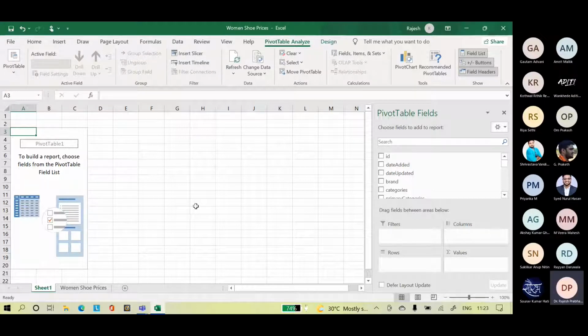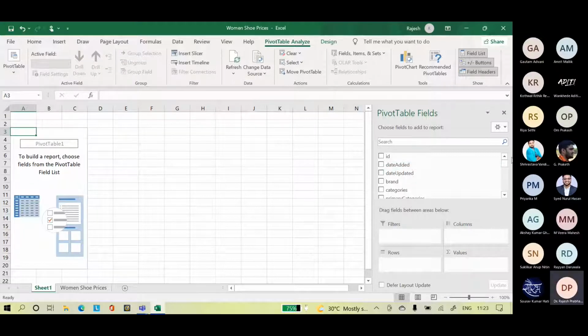Now, this sort of analysis, you can do it in Power BI. You can also do it in Excel. You can do it in R. You can do it in Python. There are many analytical software packages which will help you to do it. Since we are sticking to Excel for our operations analytics, I have chosen Excel. So this is the sales sheet for the previous quarter of women's shoes as a category.